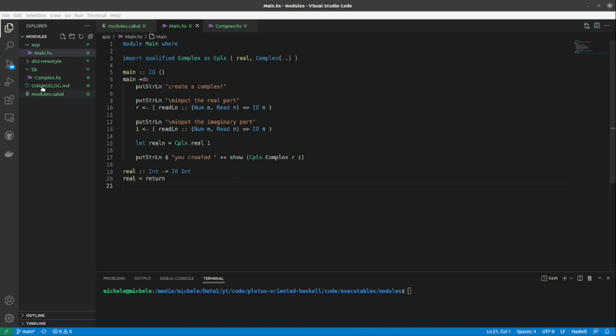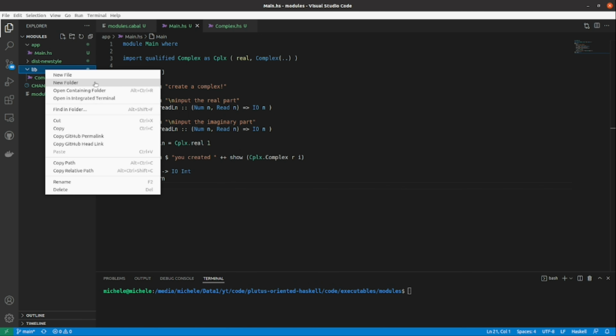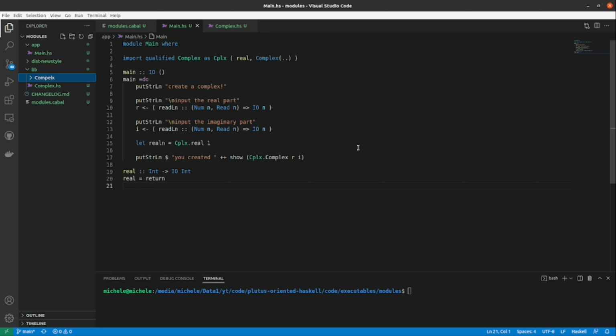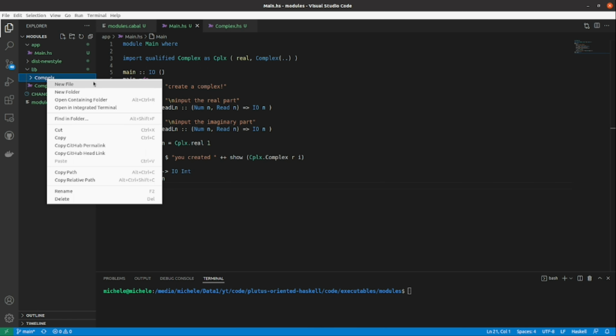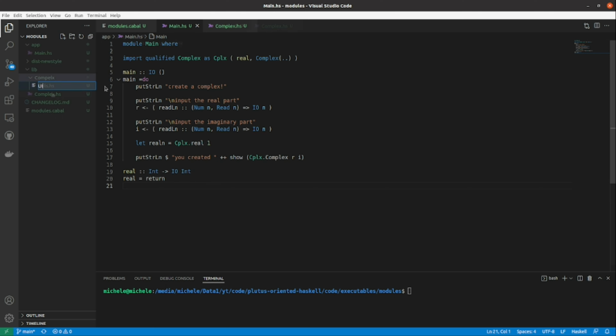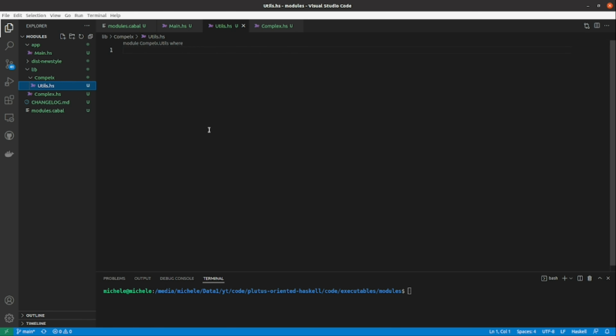So let's dive into the naming convention, and in order to do so, I'm creating here a new folder that I'll call complex, and here I want a file that I'll call utils.hs. And we see that in this file, the suggestion we have is to call the module complex, which is the name of the folder, dot utils, which is the name of the file. And we know that this is a valid module declaration, and this suggestion was given because, as we said, the